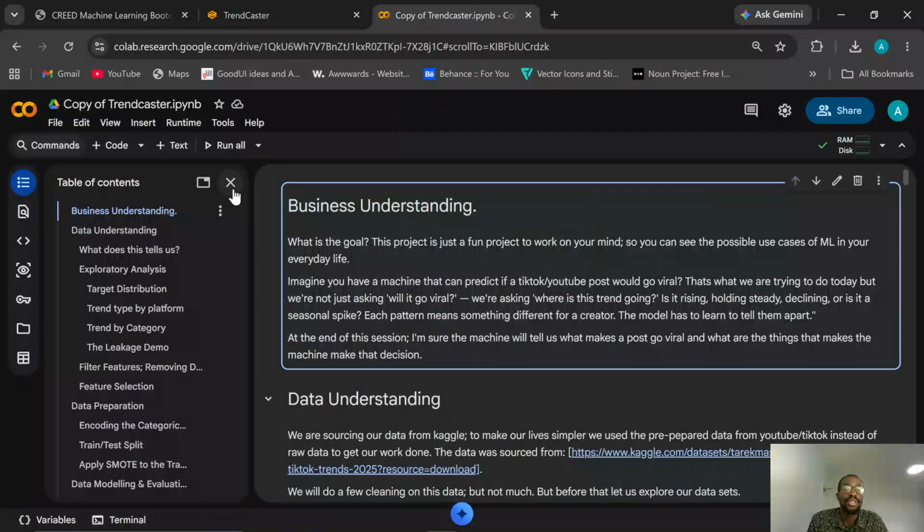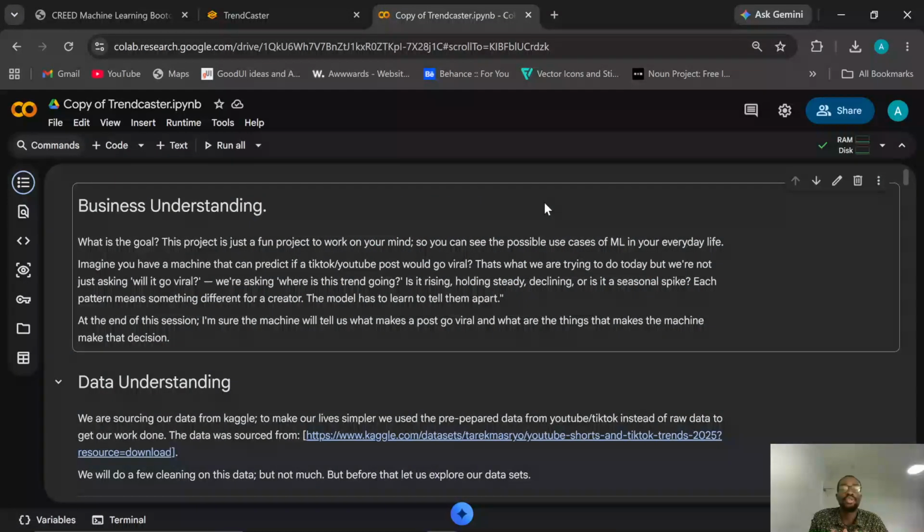So this is TrendCaster. This is the back end of the project. Yesterday in the videos for day two, where we were writing the codes, we did not really use markdowns because of our time.